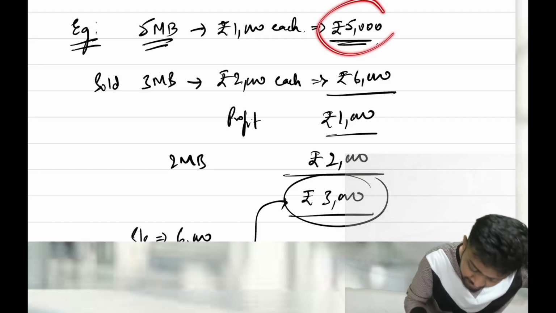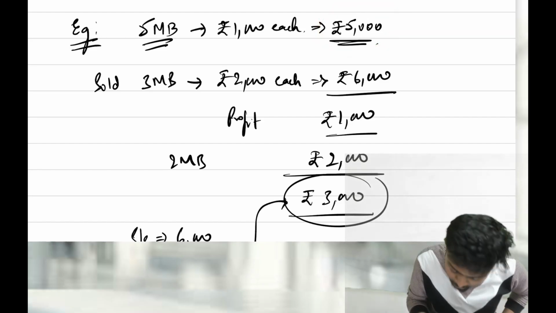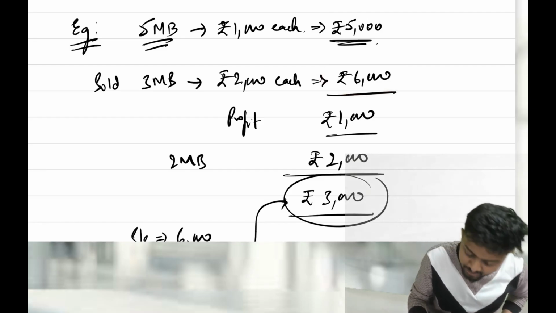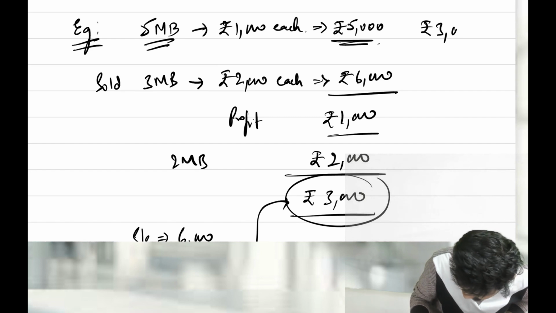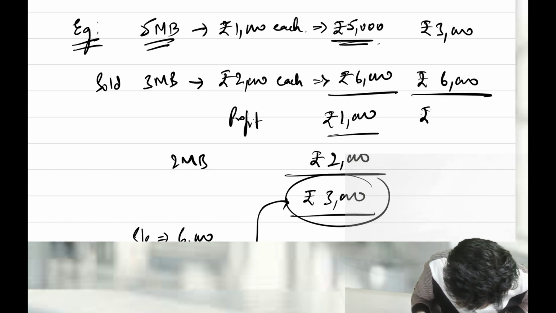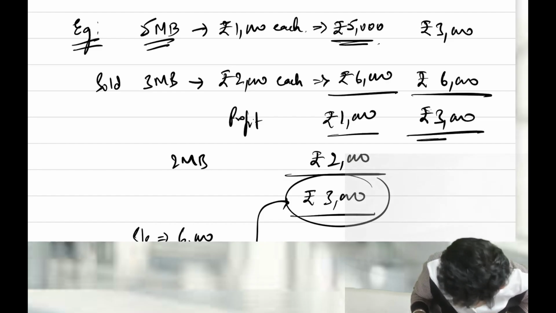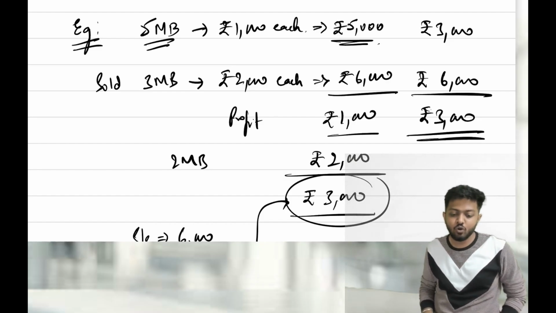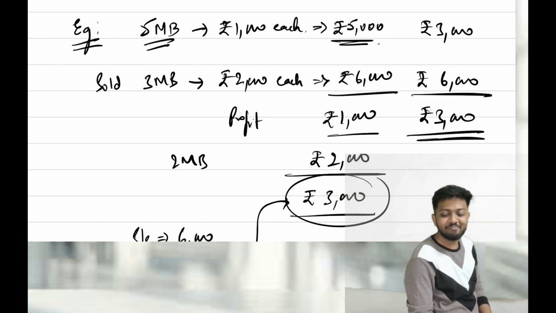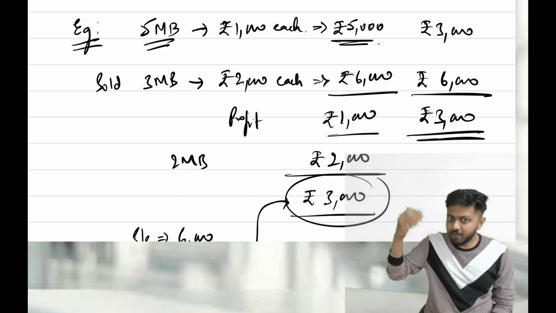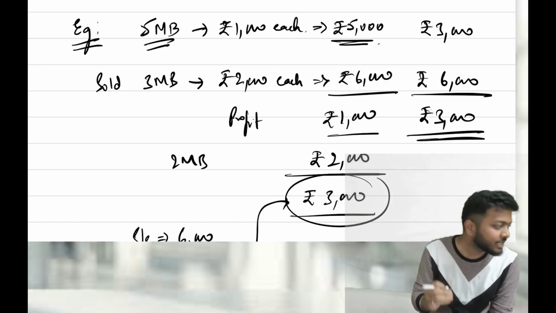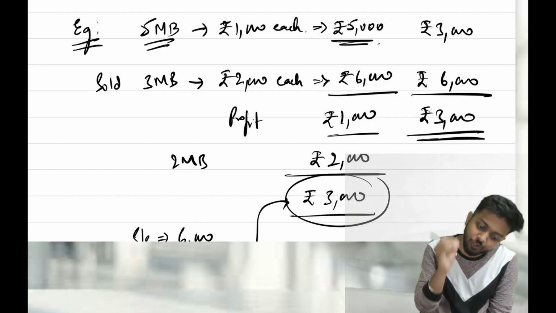That is what I am doing here. Wrong. Since I have sold only 3 mobile phones, what is the cost of 3 mobile phones? 1,000 rupees each, so the cost becomes 3,000, whereas the sale of 3 mobile phones is 6,000. So the actual correct profit is 3,000 and not 1,000. Why did we make this correction? This correction we are making because of matching concept. Because the income should match with the expense. Here I have sold 3 mobile phones, and I should compare it with the cost of also 3 mobile phones.